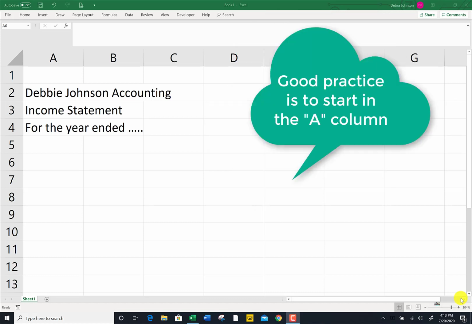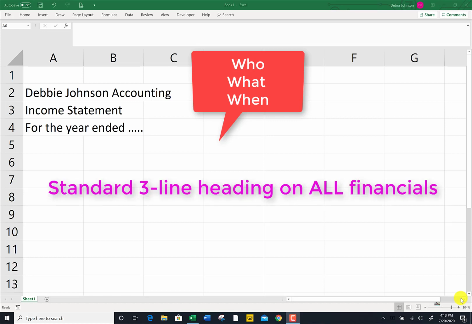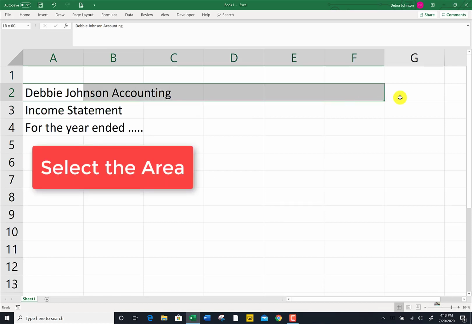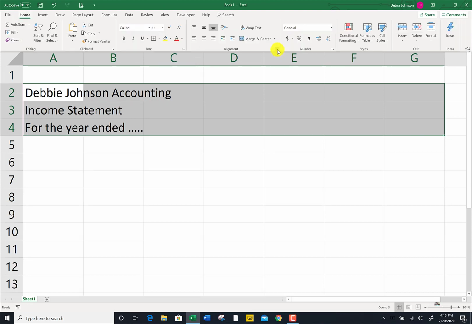On the screen, you see the who, what, and when, which is part of the three-line heading that you should have on all financial statements and charts for that matter. The easiest way I know of to center the information is to highlight the area that you want the information centered over. So right now, I am selecting my cells. Then from the Home tab, explode the alignment